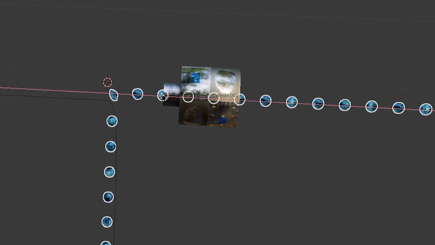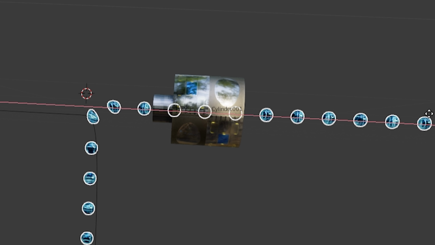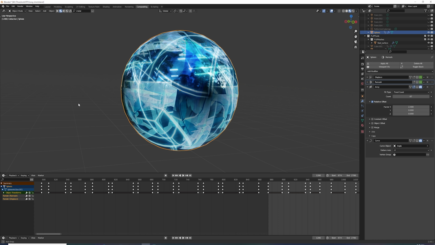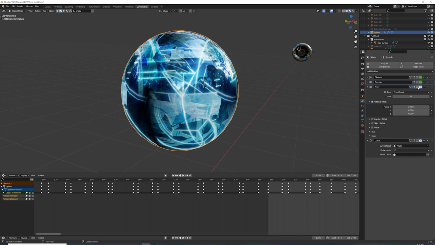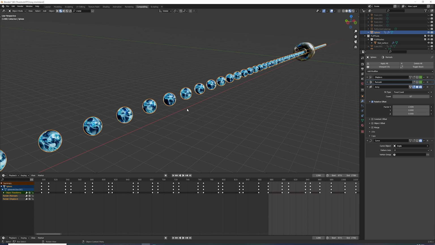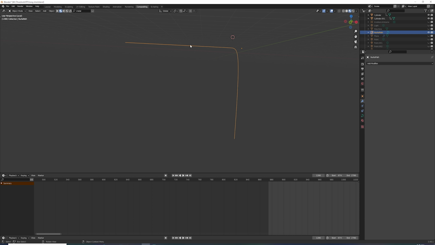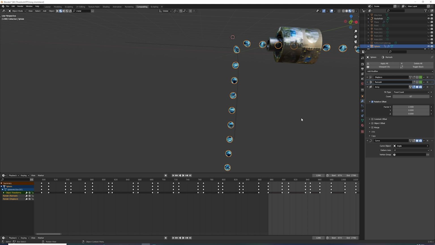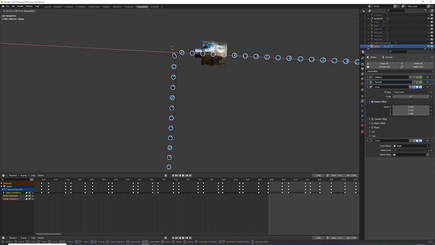Then I made a path and little jelly bean spheres to go on the path, and to do this I took these 3 steps. First, you make a jelly bean and put an array modifier on it so that there are many of them. Then you make a path to show where you want the beans to go. And finally, you tell the beans to follow that path using a curve modifier. Now we have traveling beans. Once again, I'm using these modifiers, these effects, to get these simple objects to behave in interesting ways.